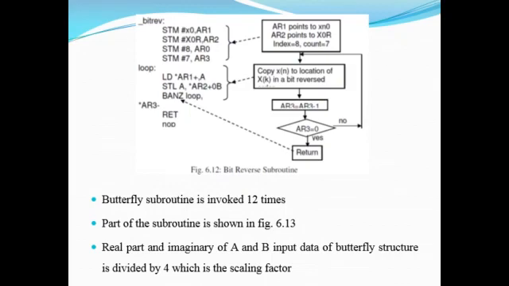So we are going to store X0 to AR1, then XOR to AR2. It means that we are performing the XOR operation with content of AR2. Then store 8 to AR0, store 7 to AR3. So 8 is stored in AR0, 7 is stored in AR3. Then load the content of AR1 to A. So X0 is stored to A. Store the lower byte of A to AR2 plus 0.